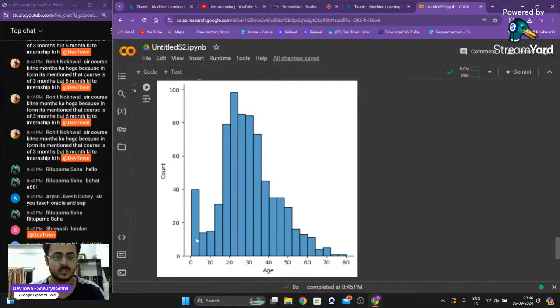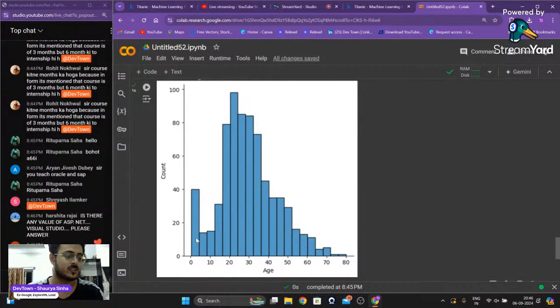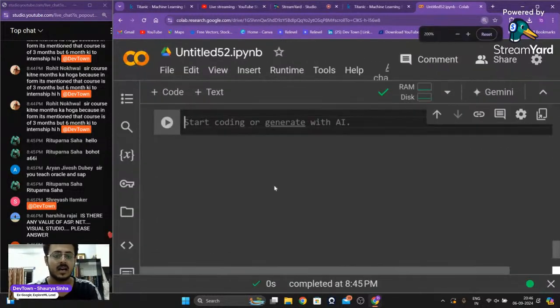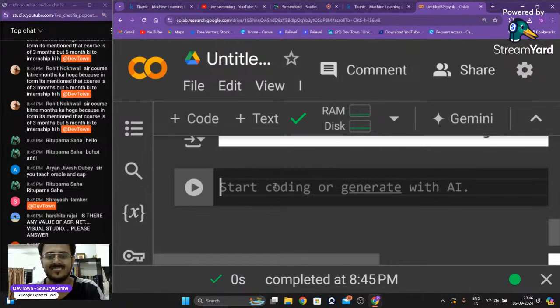There are some children as well, very few. Under 4 years old, they are children, we cannot even call them people. So what we're going to do is replace them by the mean. Now, how to calculate the mean, guys? Very simple, by using dot mean. Not meme, mean. So Titanic dataset,